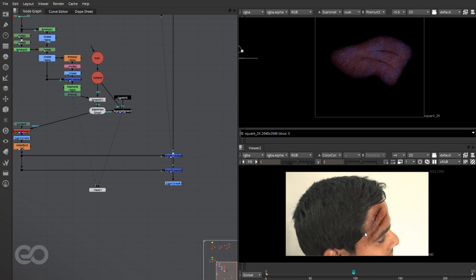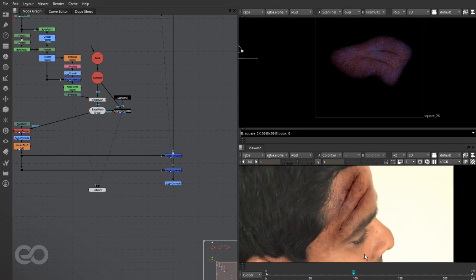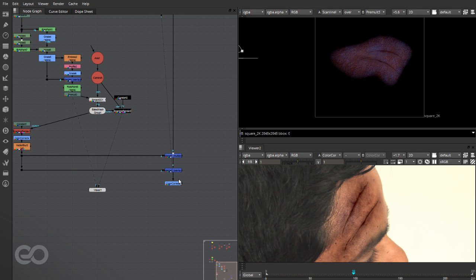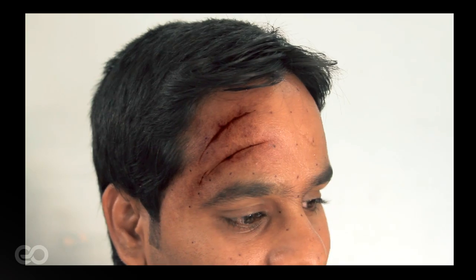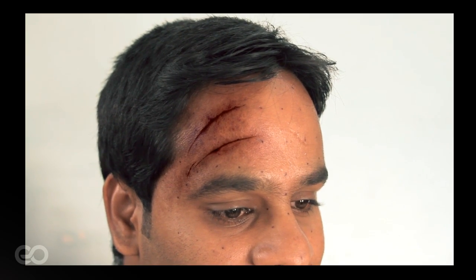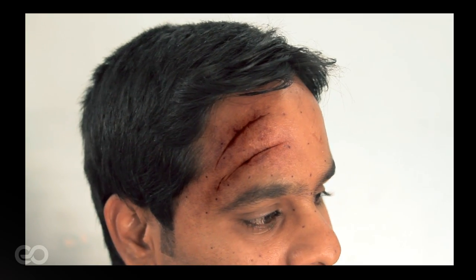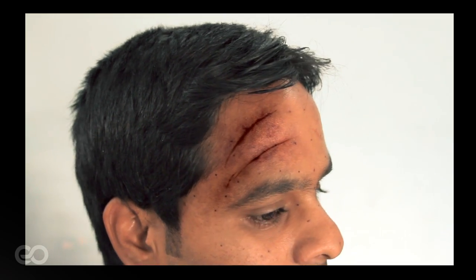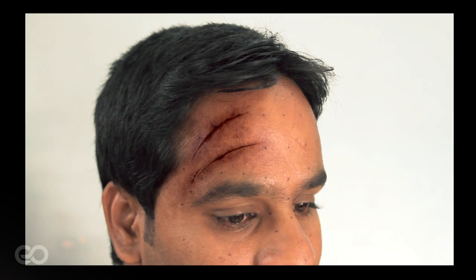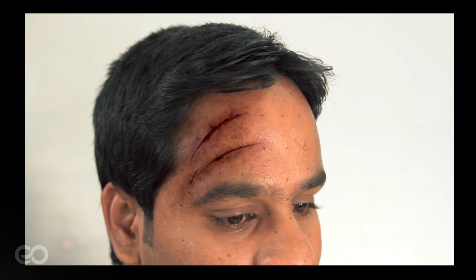So pretty much that's it, and I finally got this result. Let me go ahead, I'll flipbook this final result which I have and show you what we have created now. So here we now have the final output, and as you can see, the texture is sticking pretty nicely on the forehead. There is absolutely no slip that we can see,